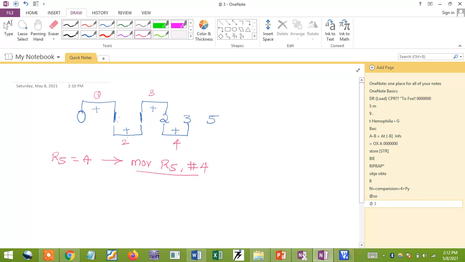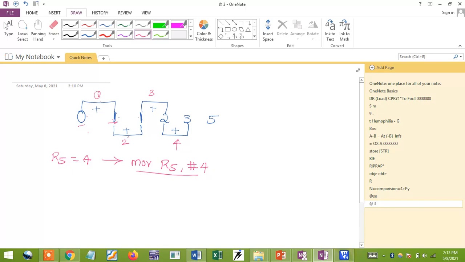Clear? Okay. Now the next thing is I want to take this number 0 and 1. Later, these two numbers I need to take in registers. These two registers I need to add. The result I need to store in a memory location. And again from the memory location I need to take these two results into registers, add again, and store the result. This is the process I need to do.